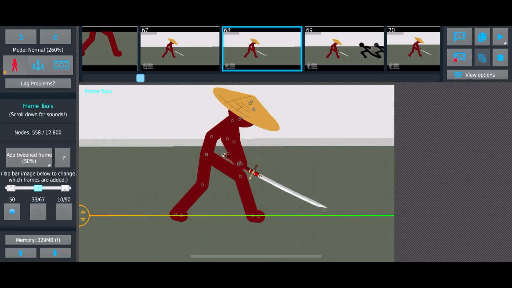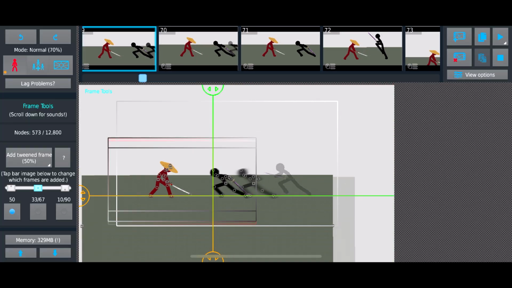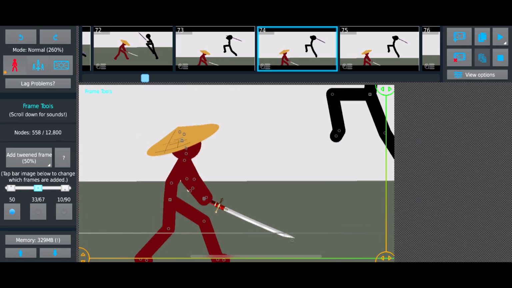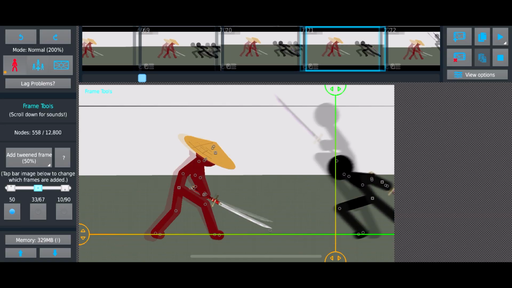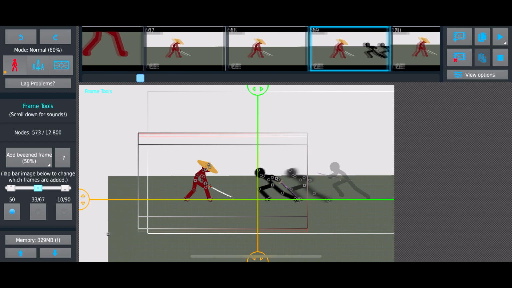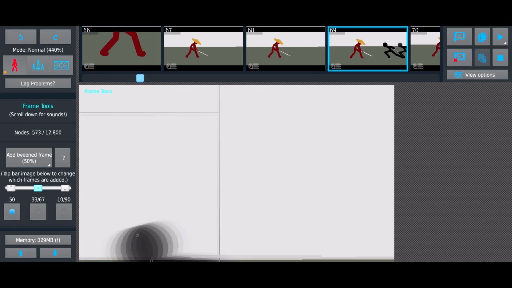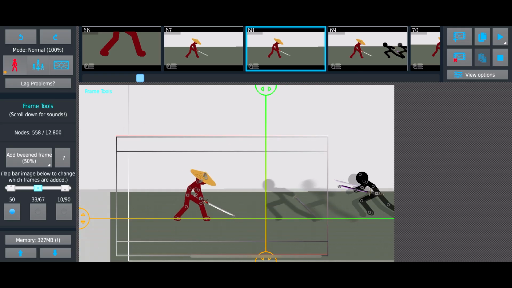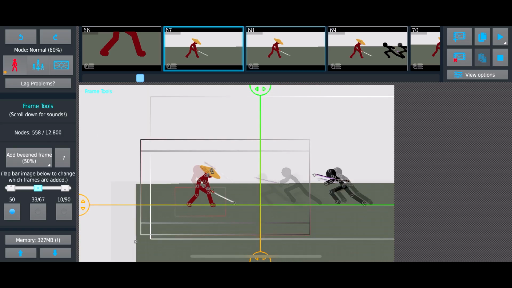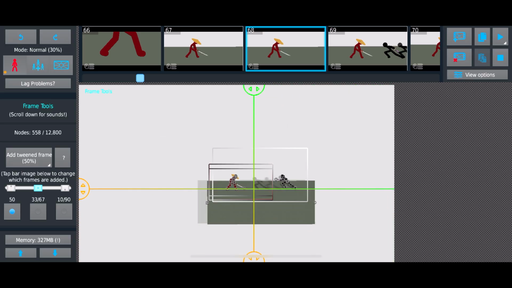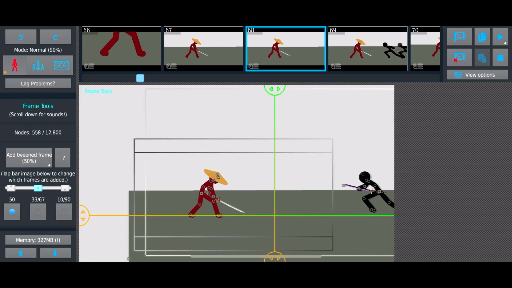Alright, so I have this animation here that I'm creating to be posted on my channel soon, but I'm just gonna go through this combat and tell you the things that I did and what I was thinking while creating it. In this scene, this is going to be a sword fight. It goes the same way when you're creating hand combat as well, but this is just a sword fight